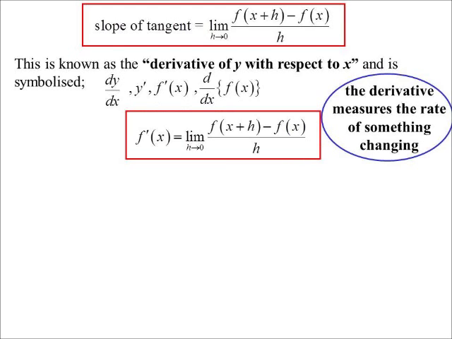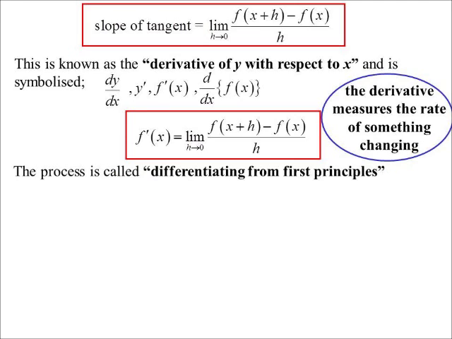So here it is, written as a derivative, f dash x, the limit as h approaches 0, and so on. You might have heard of this expression, differentiating from first principles. So basically it means go from scratch. All you've got is the function, go from scratch, using your limits, get the answer.